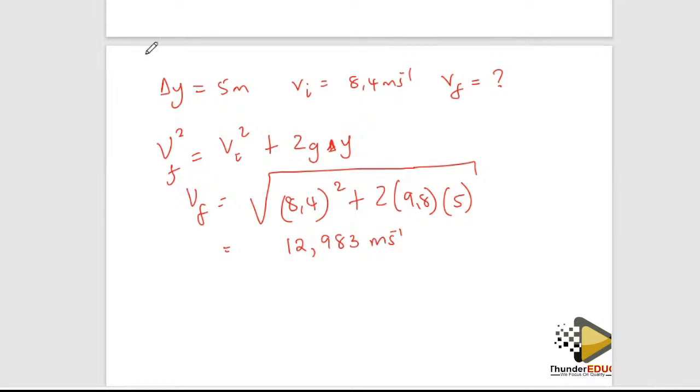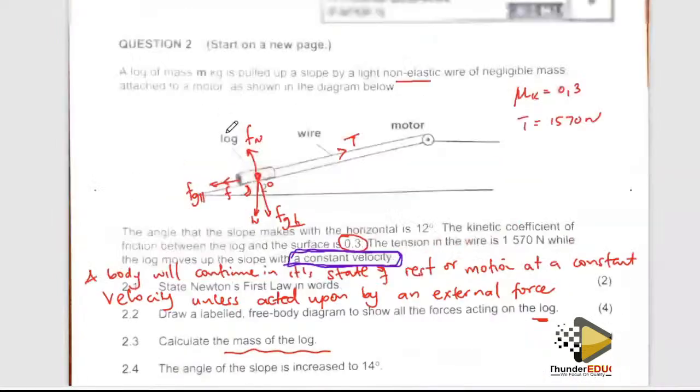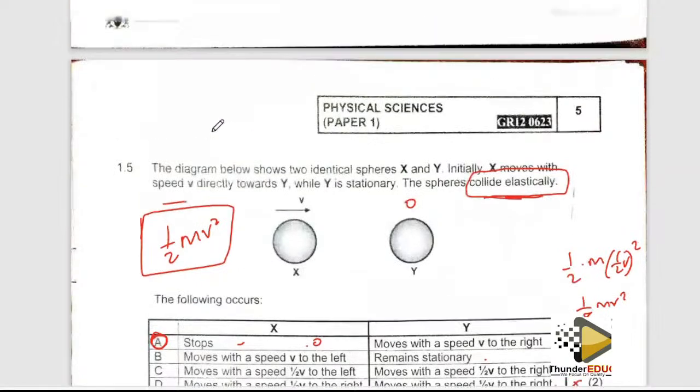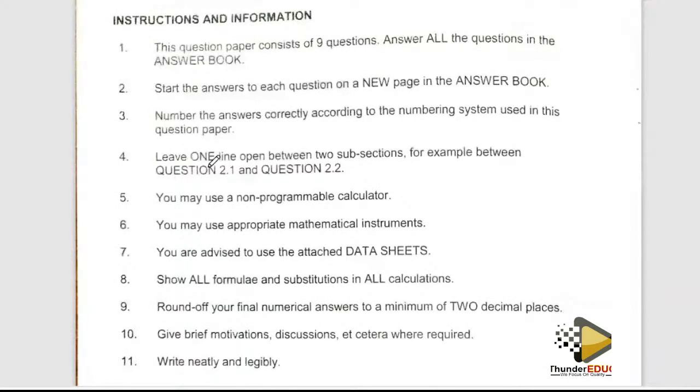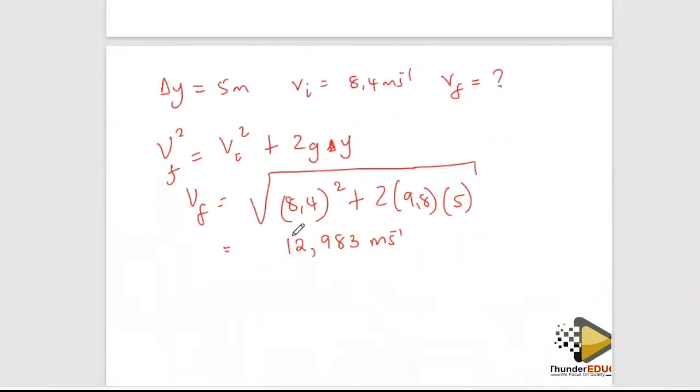Can I just confirm with the instruction whether it's 2 decimals, so I don't implement my own. Round off your answers to a minimum of 2. Okay, so it's going to be 12.98. They say the minimum, so it's okay. Even 12.98 would make a lot of sense though. All right, then we move on